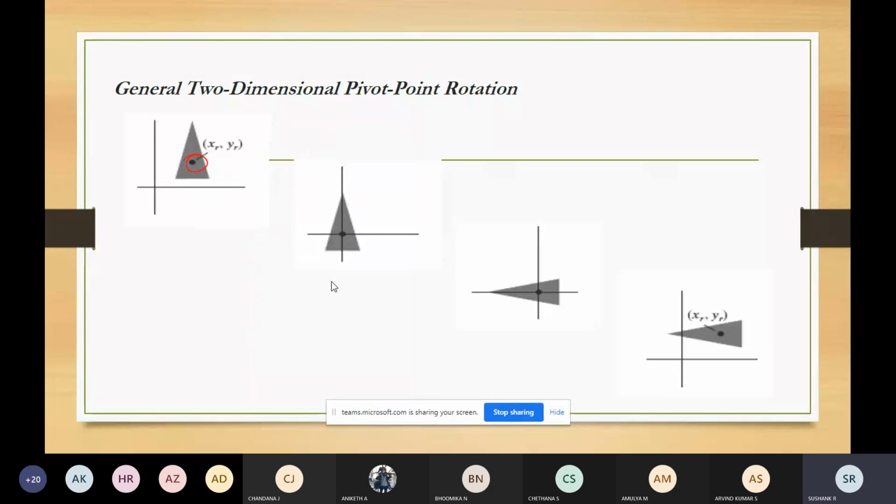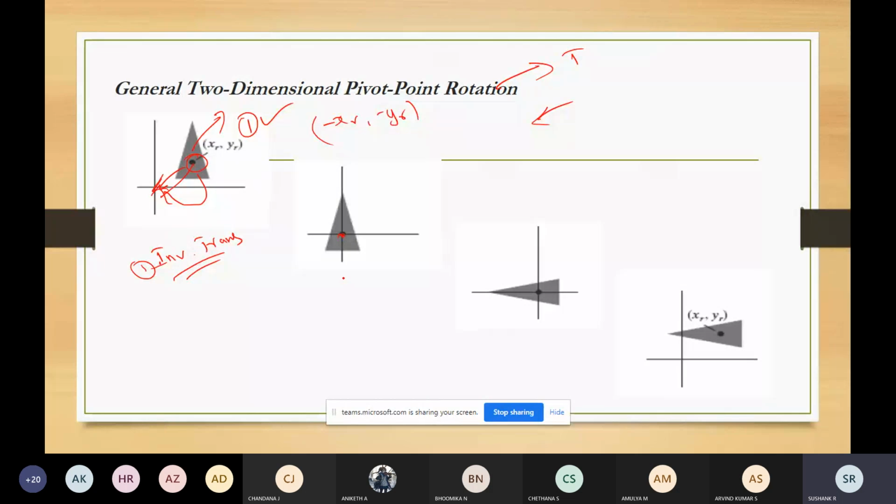So in order to rotate this object, the first step is to move that object to the origin. This is done by inverse translation. That is minus XR, minus YR. If you see, instead of moving it in the forward direction, if you apply inverse translation, you will move it in the opposite direction. Instead of moving this point along this line, you are moving this point to the origin. So for that, perform inverse translation. That is the first step. Once you perform the inverse translation, it will come to the origin.